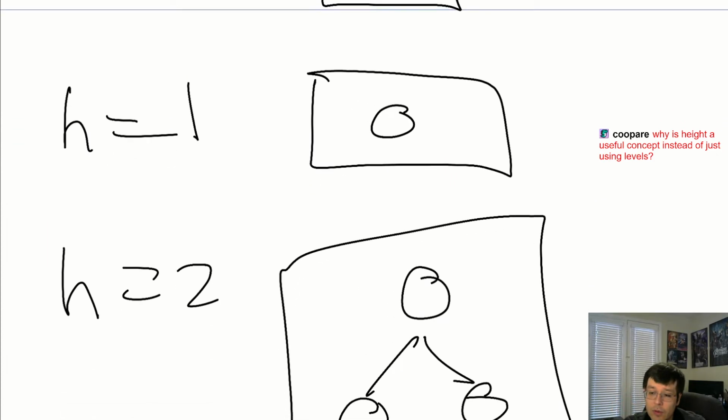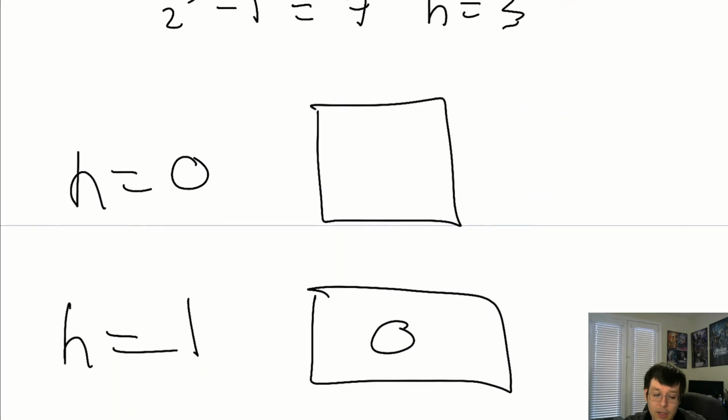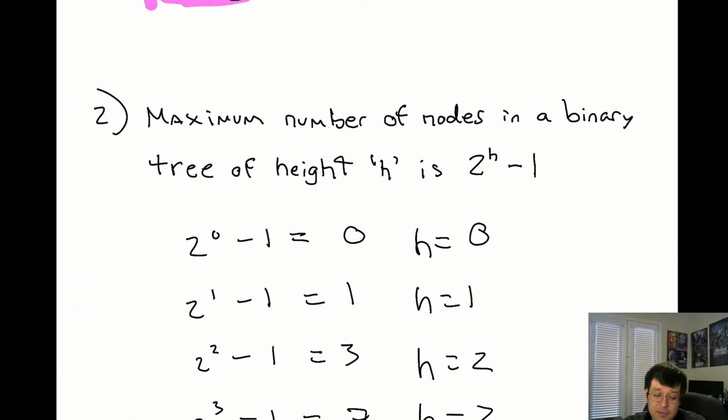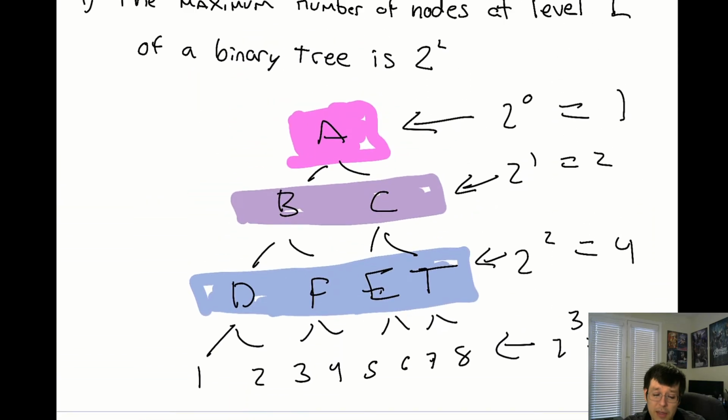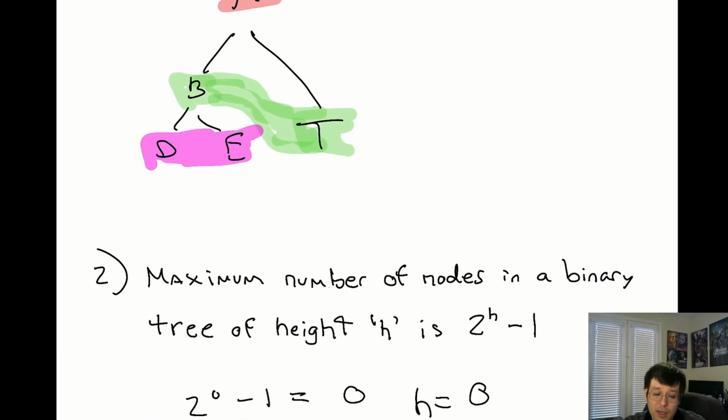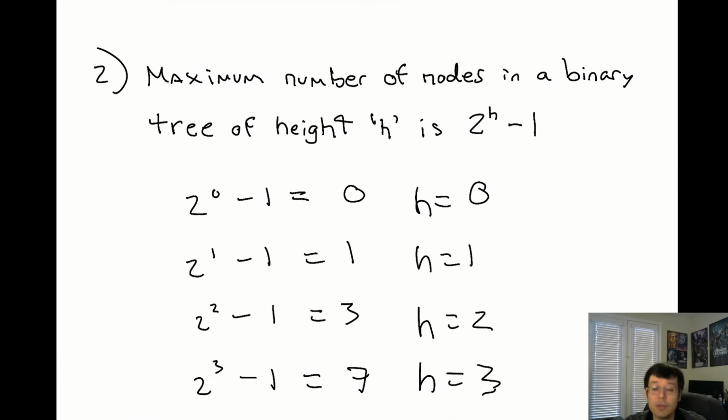Why is height a useful concept instead of using levels? Because most people don't really talk about levels as a term, but you'll see height used a lot, because height tells me more about a tree. What the height of a tree is tells me how far something goes. Because here's the thing, if I ask you what the height of a tree is, and you have a tree like this,